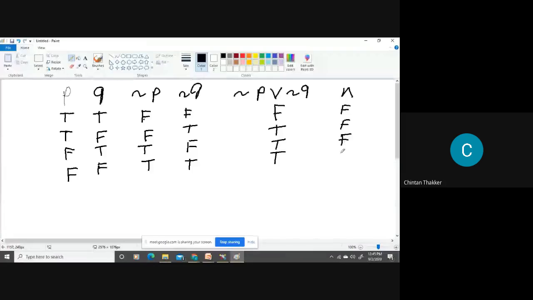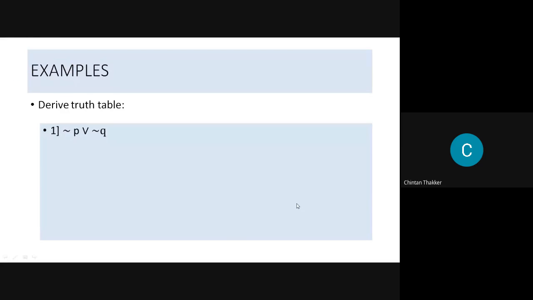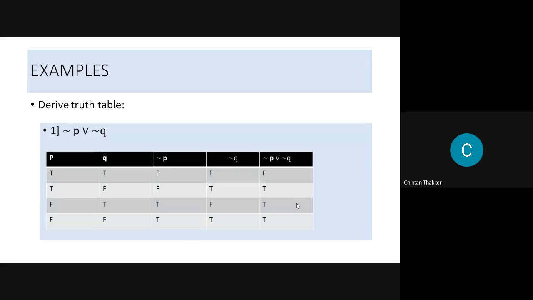When both are true, we have just true. Okay. If negation of P and negation of Q is given, this way you have to make the truth table for the two statements. Okay. So this is the solution.